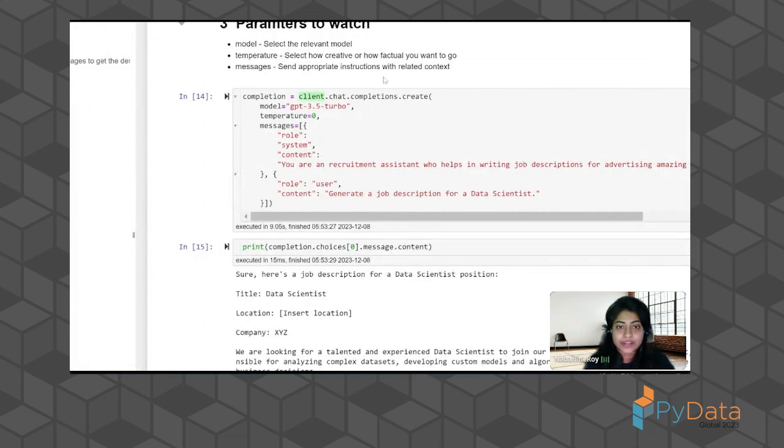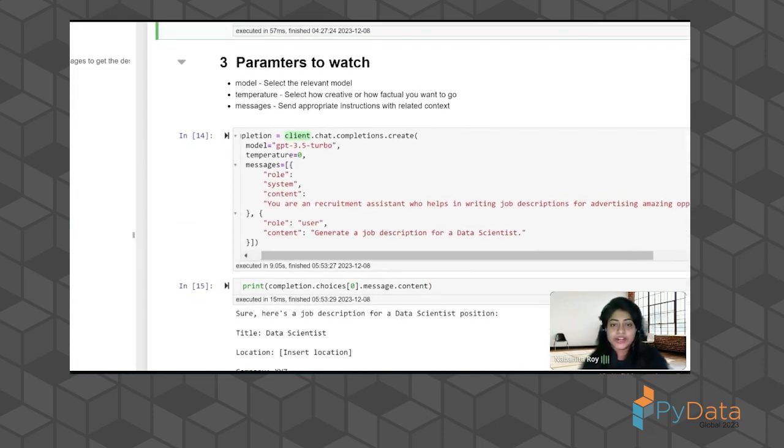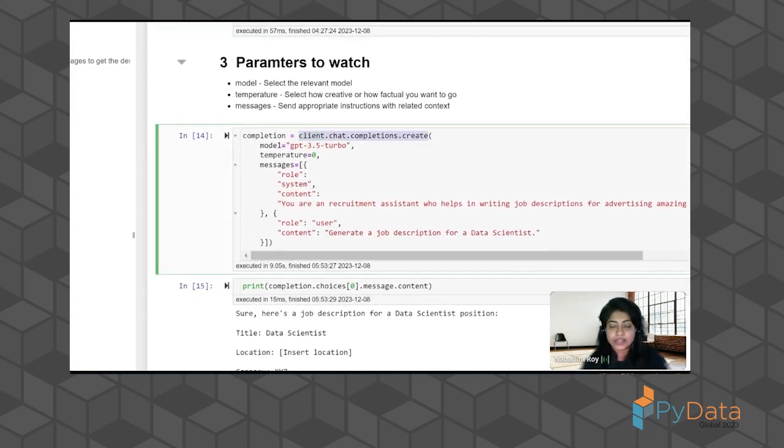I have used the chat completions module from OpenAI that allows you to use the models GPT 3.5 Turbo and GPT 4, because these GPTs are suited for question answering sort of tasks, not just uncontrolled generation. This is specifically trained to answer questions or perform tasks, and it is designed to take in instructions and perform accordingly.